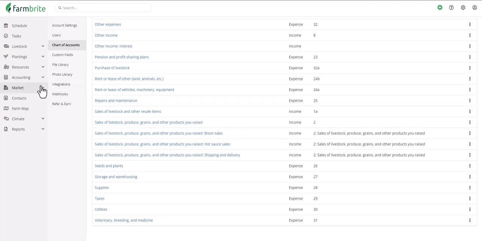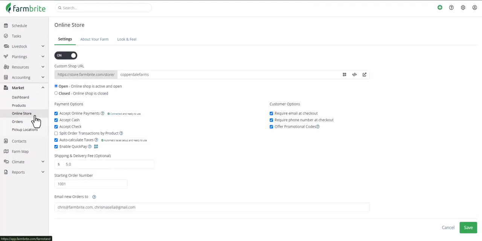Now let's move over to the market section and start the setup. We'll first choose online store. To enable this feature overall, we'll choose split order transactions by product and then save. That enables additional selections on our market products, but while we're on this page, let's take a look at the